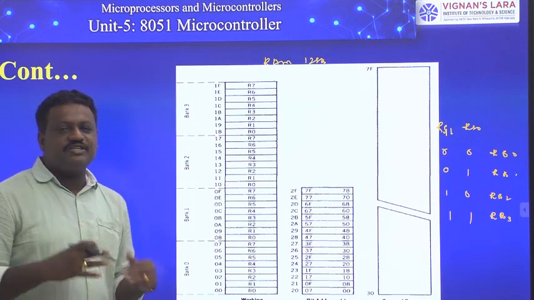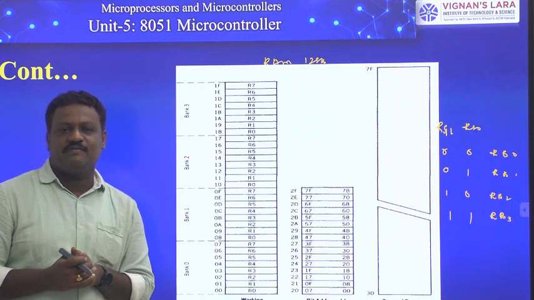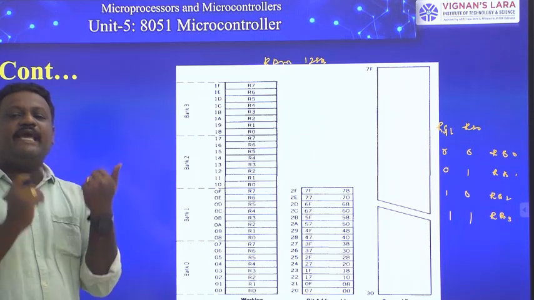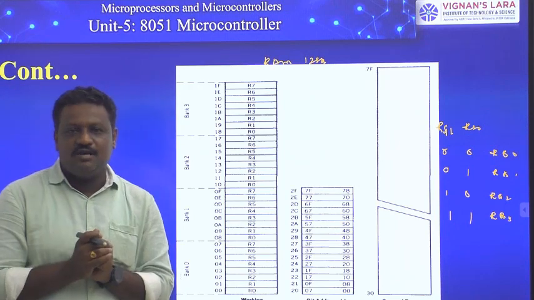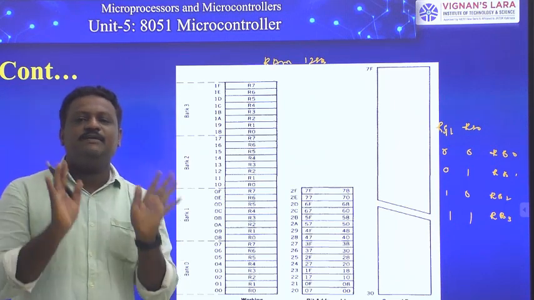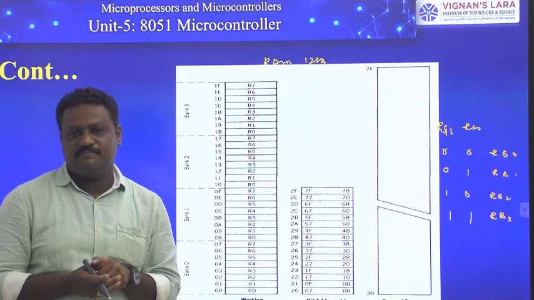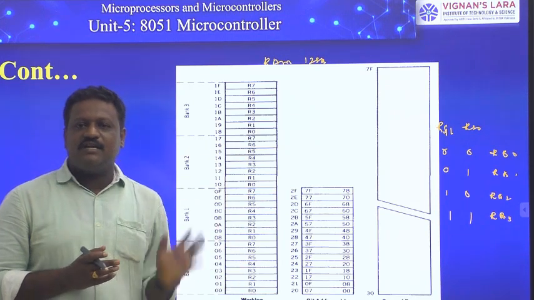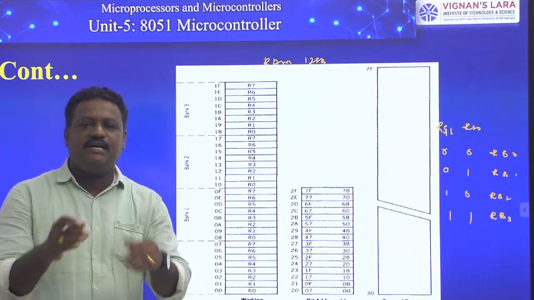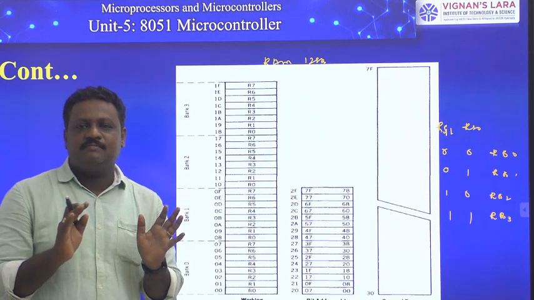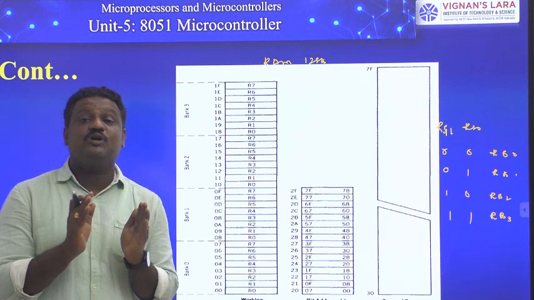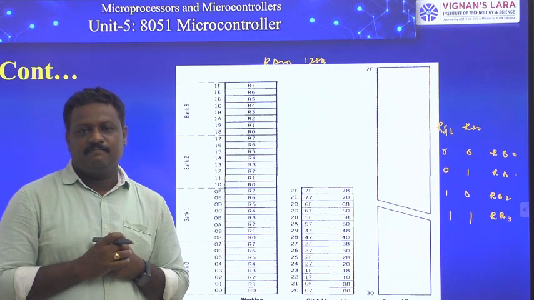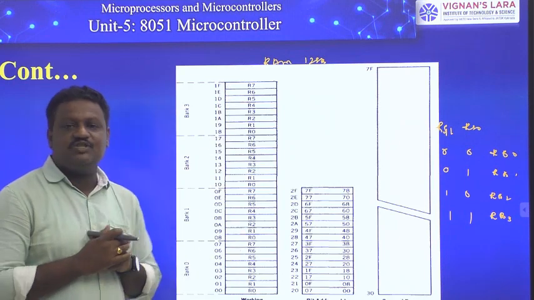So these are registers we can use as general purpose. General purpose in the sense, these registers are suitable to hold either data or an address or results. That purely depends on user interest. I repeat, general purpose register in the sense the register is suitable to store either data or an address or results. The usage of these registers purely depends on user interest. So that is about the first partition.